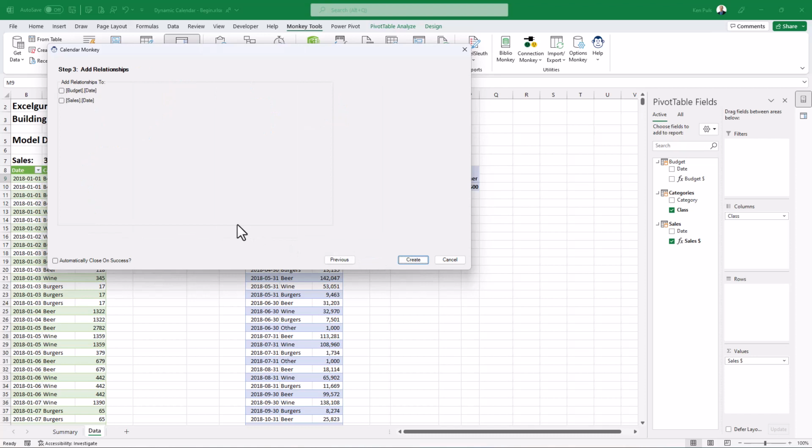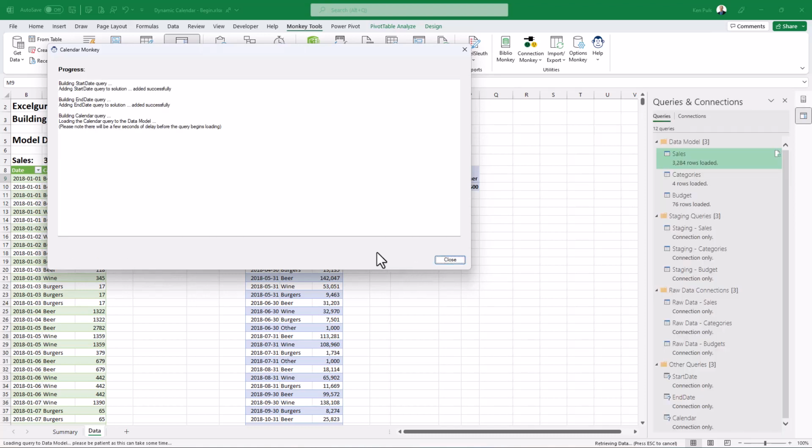Now, if I had chosen to pull my earliest date and my latest date from the sales and the budgets table, these boxes would already be checked for me because we say, look, if you're going to pull it from that table, we're pretty sure you want it related there. But because I chose the staging table, it doesn't actually know that those things should be linked. So we don't actually force that on you. We let you choose these, but I'm going to actually set up the relationships to both of these right here. And basically, at this point, all I need to do is hit